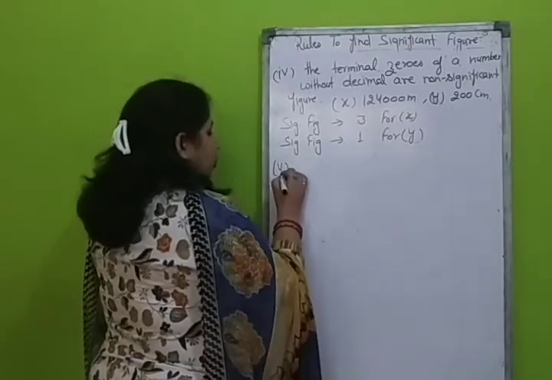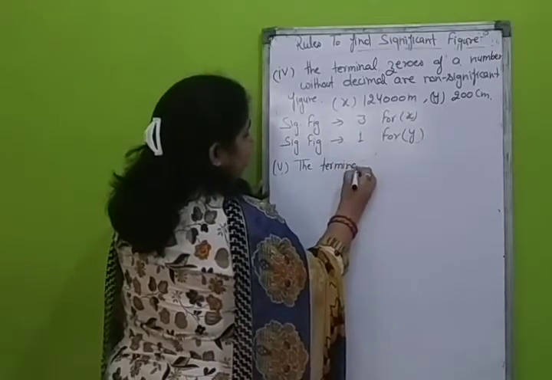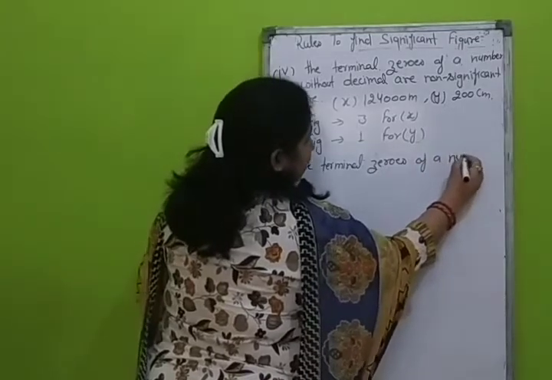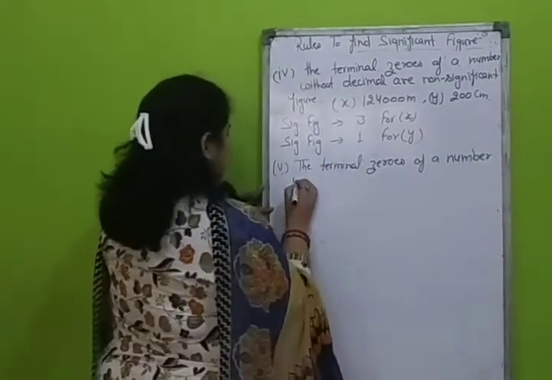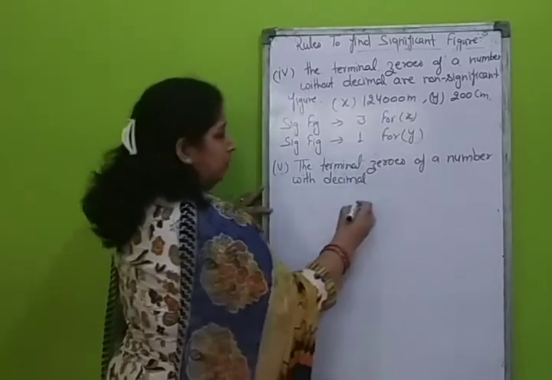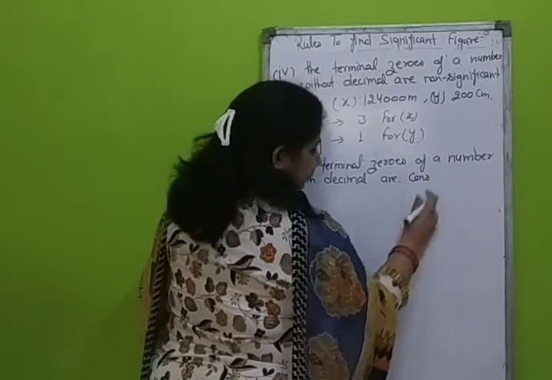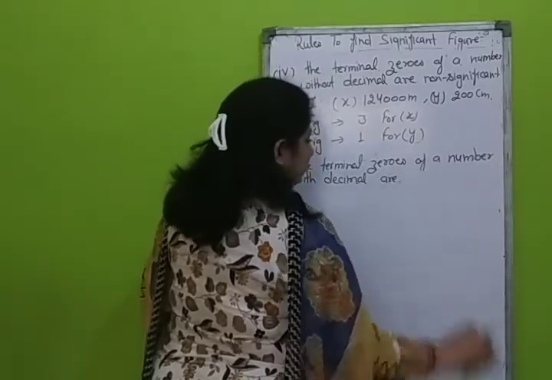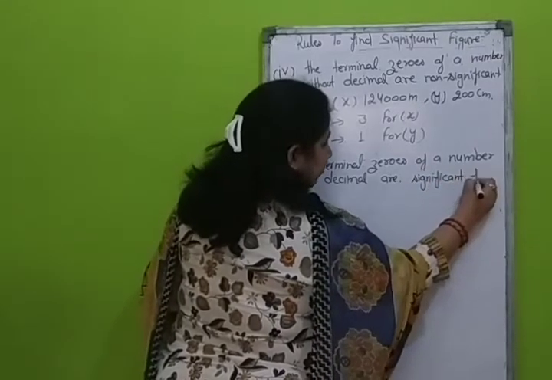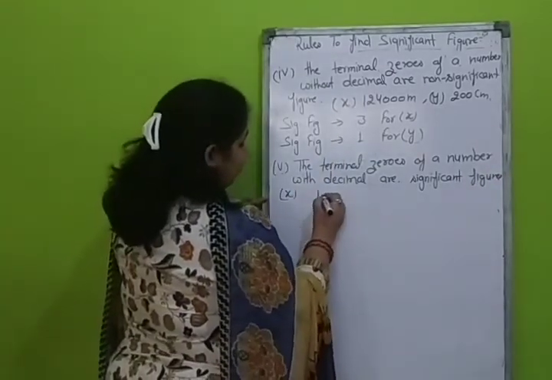Now, fifth rule. The terminal zeros of a number with a decimal are significant figures. Suppose we have two numbers